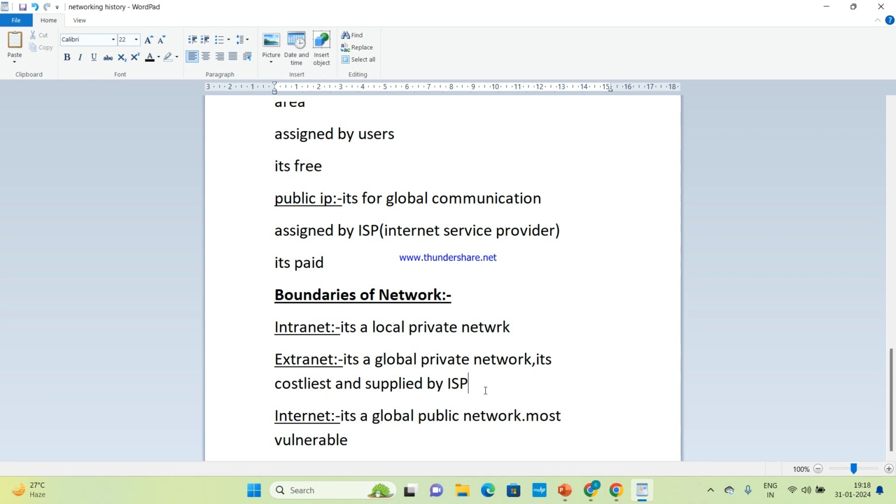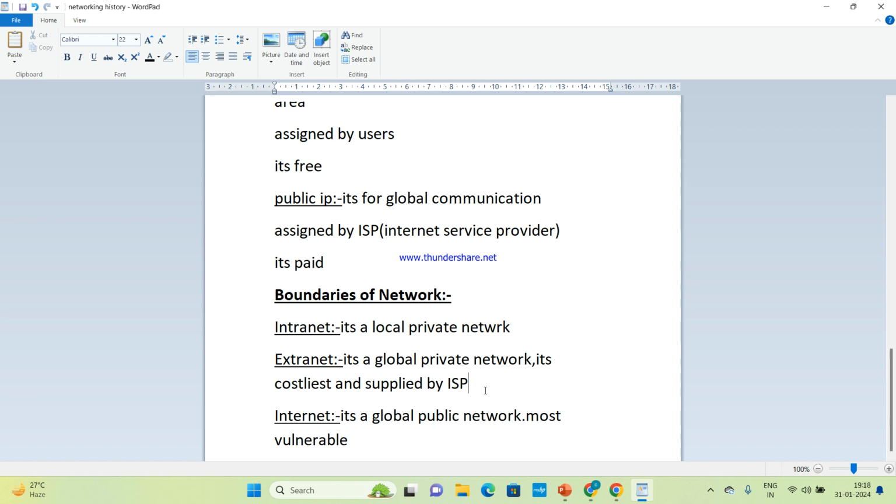Clear? Extranet is a private network, but it can be used globally. If a bank wants to connect to an international bank, like here there is a bank, SBI, and SBI wants to connect to a branch of SBI in another country, like in Canada, they use a global private network.